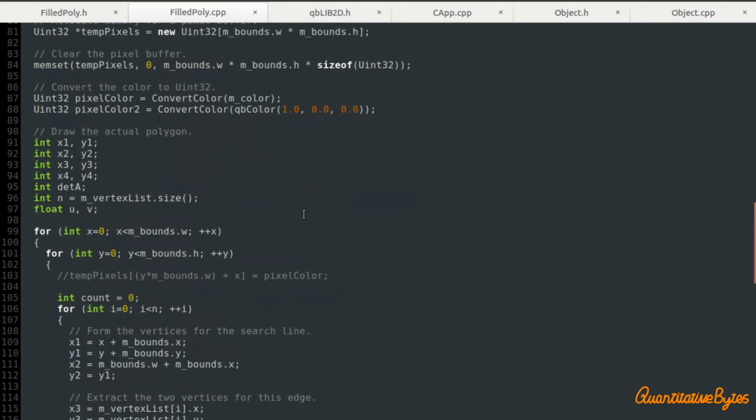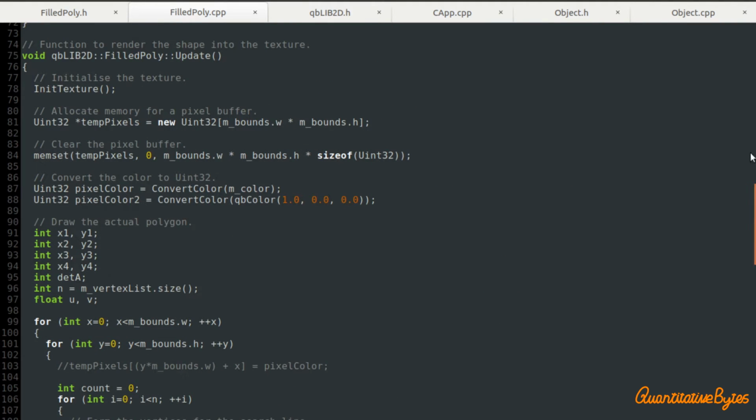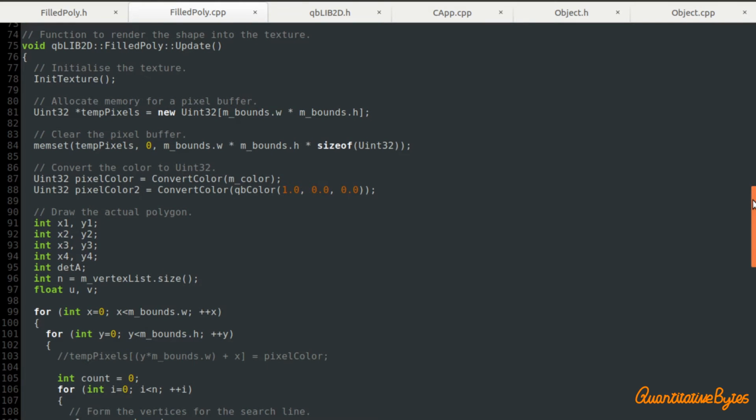So if we look back at the update function, this is the critical function that really does all of the work, and this demonstrates the advantage of the new structure that I've used, whereas before I would have needed to have copy and pasted the code to initialize the texture basically from the circle class into the filled poly class. Because it's now contained within the base class, we can just call initTexture here, and that initializes the mTexture member variable.